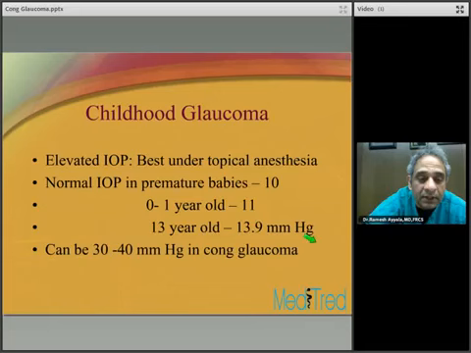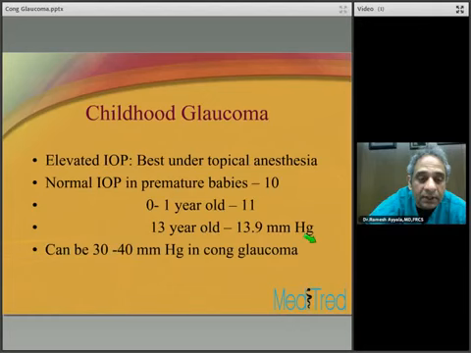So as I mentioned, the way we make the conclusive diagnosis in the majority of these patients is to sedate the patient and check the intraocular pressure. Where possible, do gonioscopy and fundus examination of the optic nerve head. And if the cornea is clear enough, you want to do a refraction. So the things that you want to do when you sedate these babies or examine them under anesthesia are A, check the intraocular pressure, B, gonioscopy, C, fundus examination, and document the findings. And then, of course, you want to do a refraction